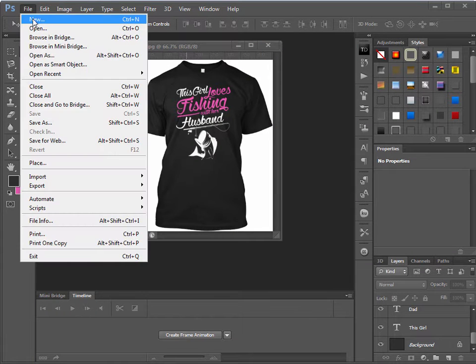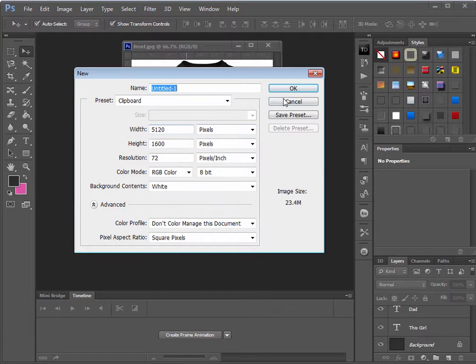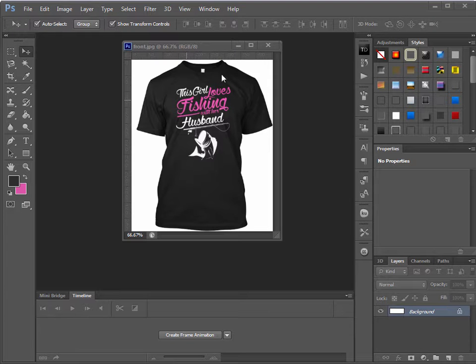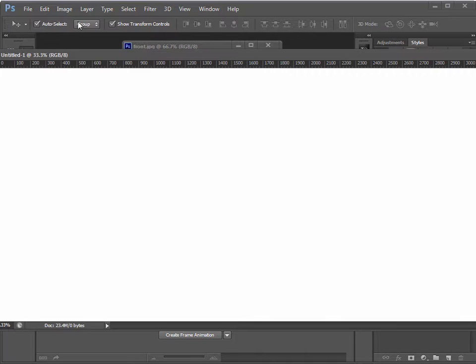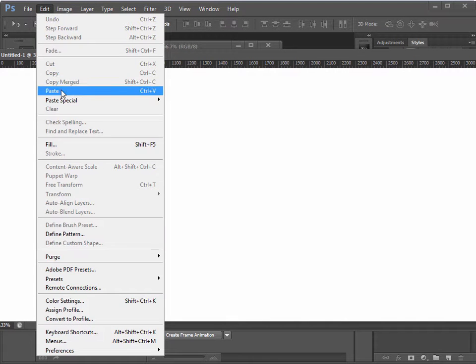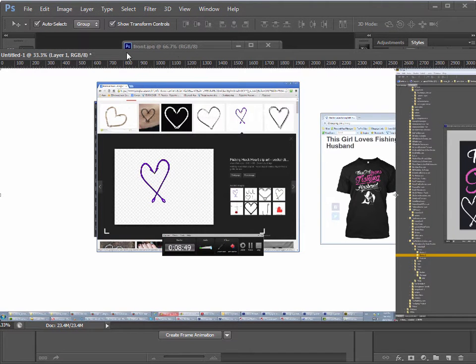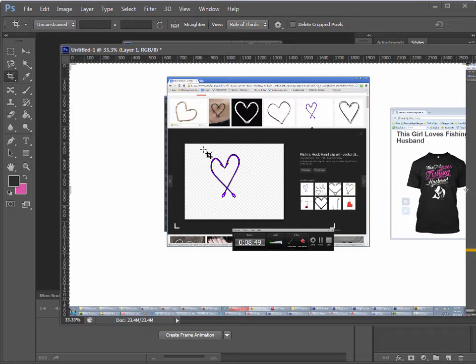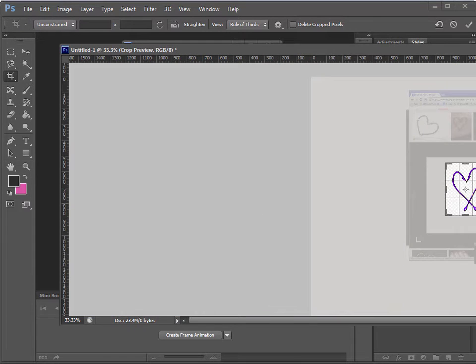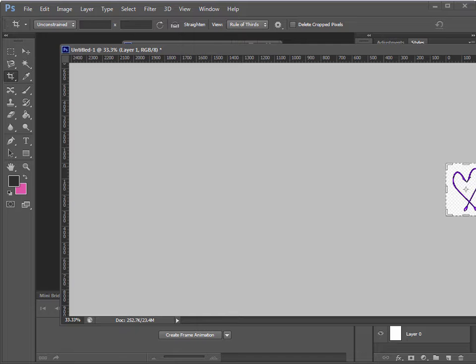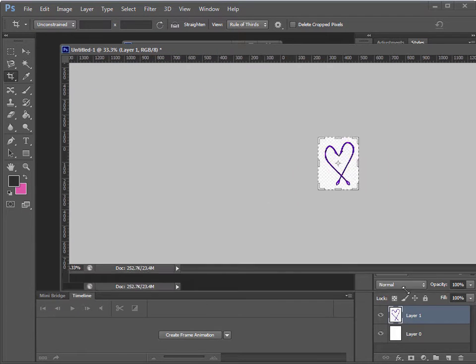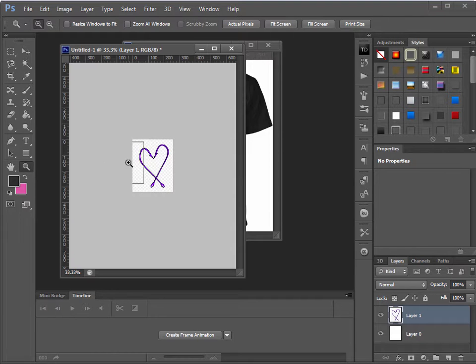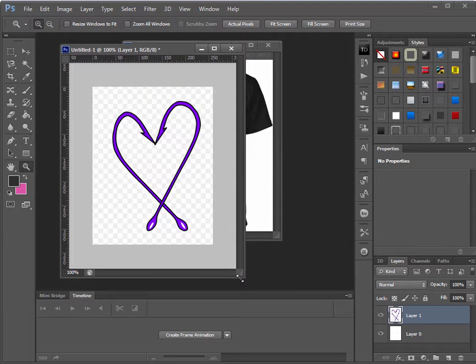I'm going to create a new image. You can see right away that Photoshop detected that I did a print screen. That's why I made this huge image, and I'm going to go edit, paste, and I'm going to crop around here, and I need to get that hook out of there, so let's do that right now. So I'm going to zoom in, actual pixels,